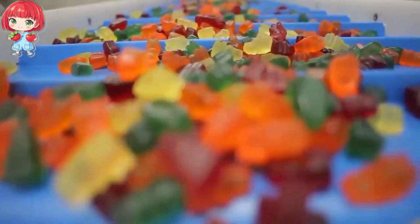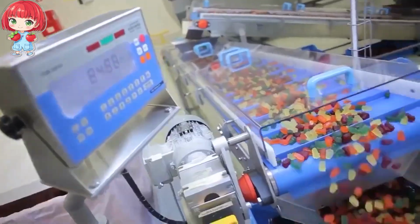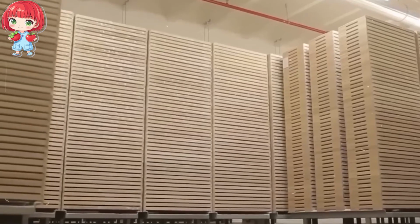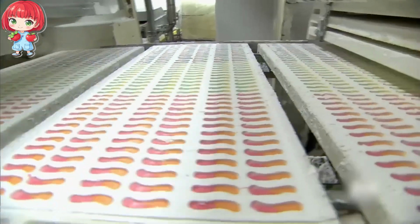Solid, from formless to perfectly bear-shaped. It's a change that never fails to impress, even for those who see it every day. Polishing and perfecting. Our newly formed gummy bears have come a long way, but they're not quite ready for prime